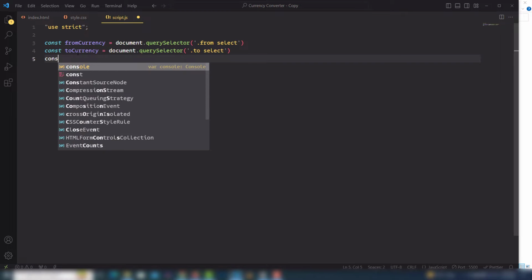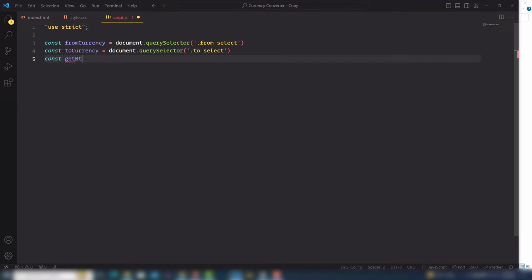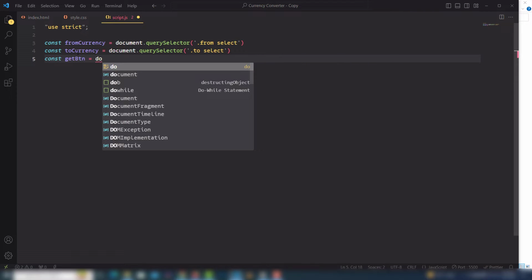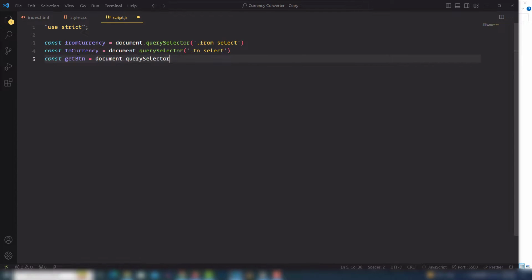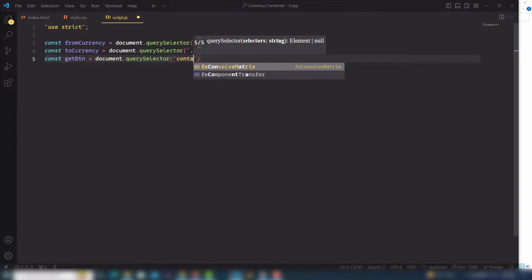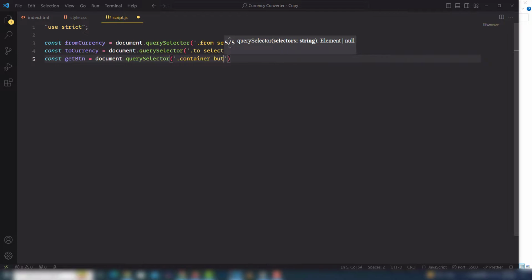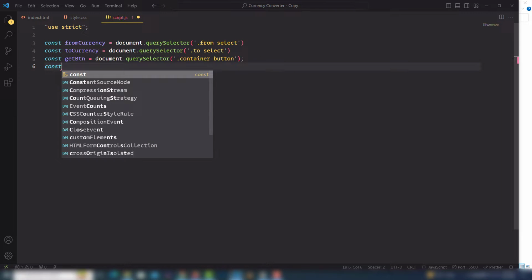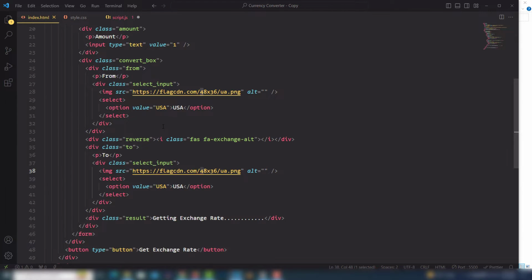And I need to get the button. The button is represented inside the container, so container button there. And const, what is the name? I need to check the name. Revise